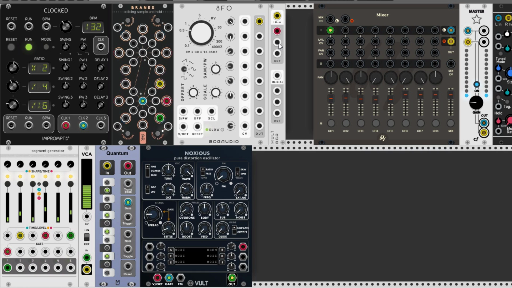Let's modulate also the overtones. The overtones I will want them to close. So again, I just move the knob and I will turn the attenuverter to the other side so it will close this knob. Let's also modulate the FM amount. Move the knob a bit and close it also. Let's modulate also the body in the phase section.